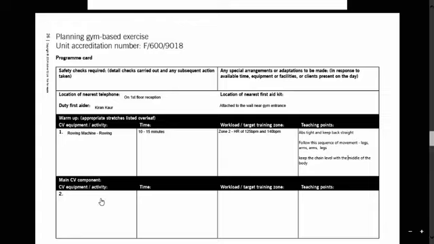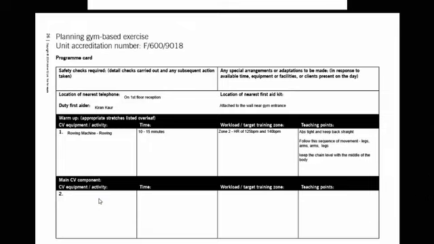Next thing we've got is the main CV activity. So this is our main part of CV of the session. So after we've done our 10 to 15 minute warm-up, what then do we want the client to do for their CV? And some of you might be planning on working with clients whose goals are to maybe increase hypertrophy or get stronger and bigger, but for the purpose of level 2, we do have to include some cardio in here as well to show that you can plan for that, and so that you can show that you can deliver it as well.